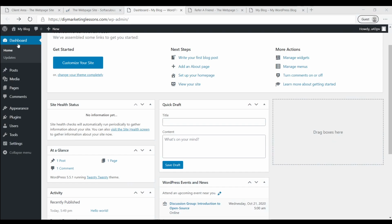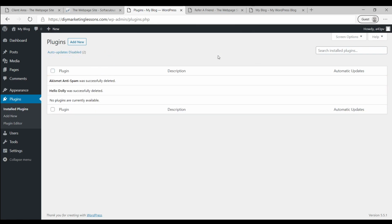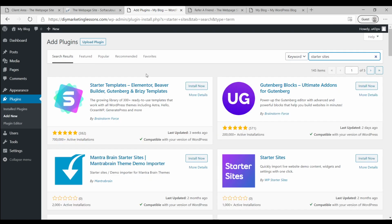So all we have to do is jump into where it says dashboard and then plugins. The very first thing that I like to do is to go ahead and delete the plugins, and I just like to have complete control over what goes into my website. And then we are going to click on add new. Add new, we're going to go ahead and select starter sites. And then we'll see starter sites by Brainstorm Force, and I just selected the option to install. Again, really quick, so fast. I click on activate,